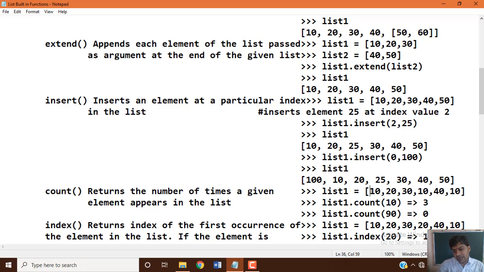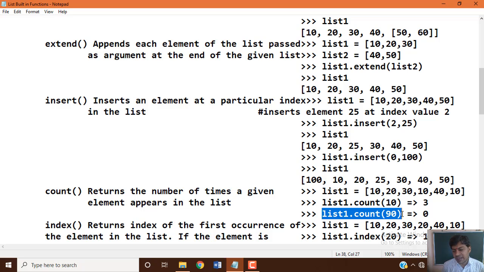How do we find that out? By using the built-in function list1.count(10), which will give you the total number of times the data is available in the list variable: 3 times. In the same manner, another example: list1.count(90). We are checking how many times the data item 90 is available in the list1 variable we created.